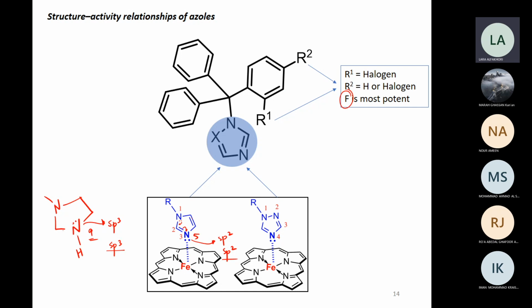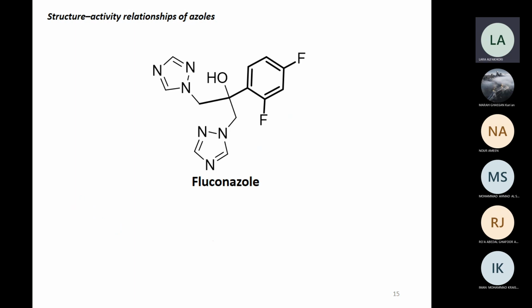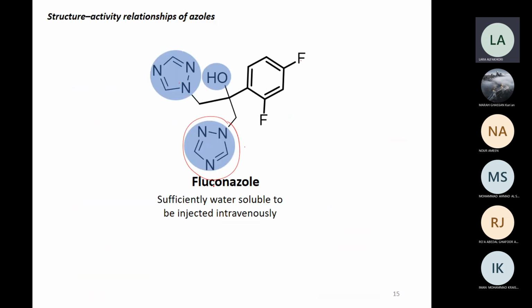Okay? Now, the changes that they've made, which gave rise to enhancing the water solubility, is what we see in fluconazole. The fluconazole, as you can see, does have an azole ring, which is specifically called the triazole, and not just 1, 2. It has this aromatic ring that has fluorine substituents. Now, fluconazole differs from the other azoles that we will see, because of having those 2 triazole rings along with the hydroxyl group in its structure, the fluconazole has enough water solubility